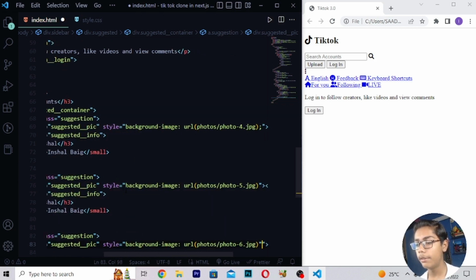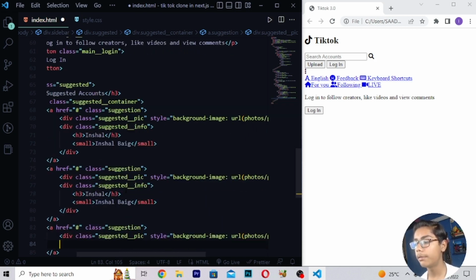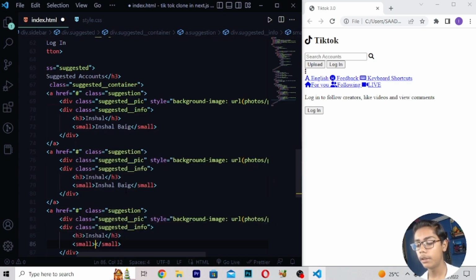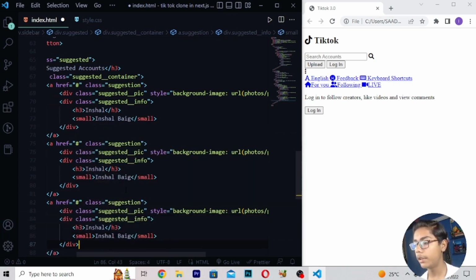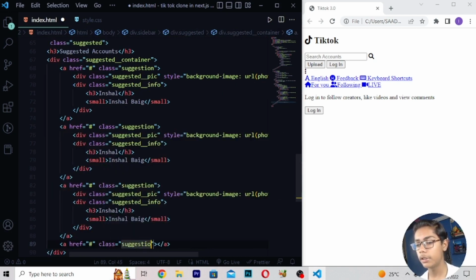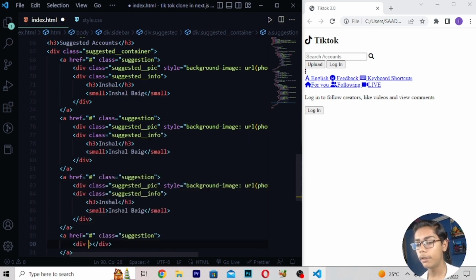Then here I will be now moving down after this tag, right here div class suggested, then here I will be now writing info, then here I will be writing h3, right here a tag which will be like this, then here I will be moving right here like this. Then when you've written this, here I will be writing class, then I'll be writing suggestion, here I will be writing div class suggested, then I will be writing here pic here.